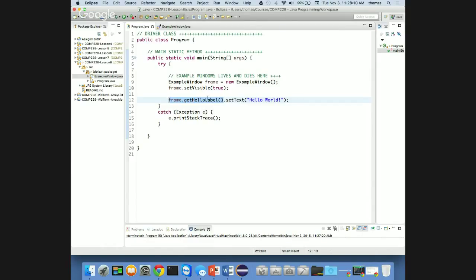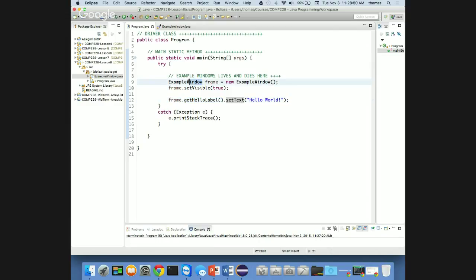Set this property, the text value. I'm using the setter of the JLabel, because remember, JLabel has its own getters and setters. One of them is set text. I'm going to set the text of this JLabel to hello world. I'm getting a reference to the label, and then I'm setting the text of the label to another value. Okay, this is where students get lost. Because they're like, we're getting it, and then we're setting it, and I don't understand. Getting a reference, I'll say it again, getting a reference of the new object we've created called frame,